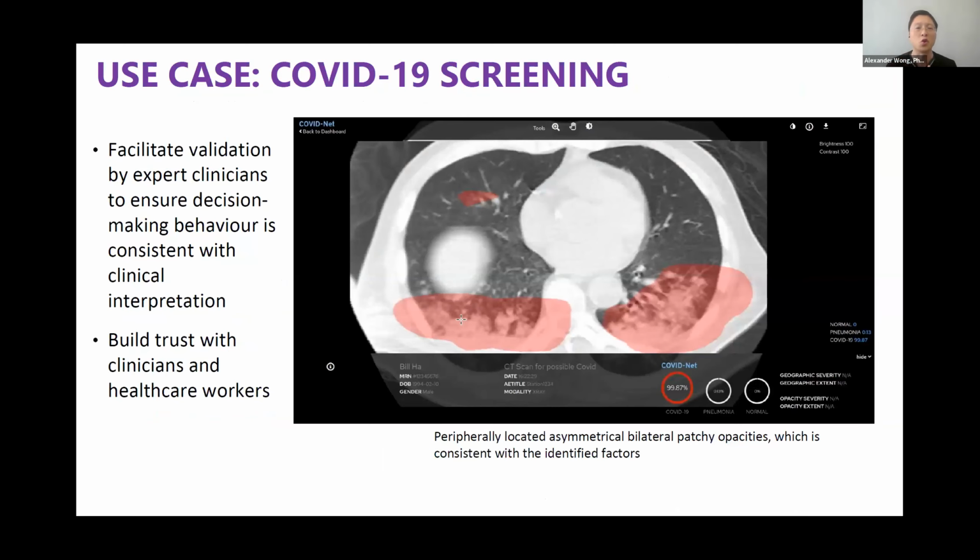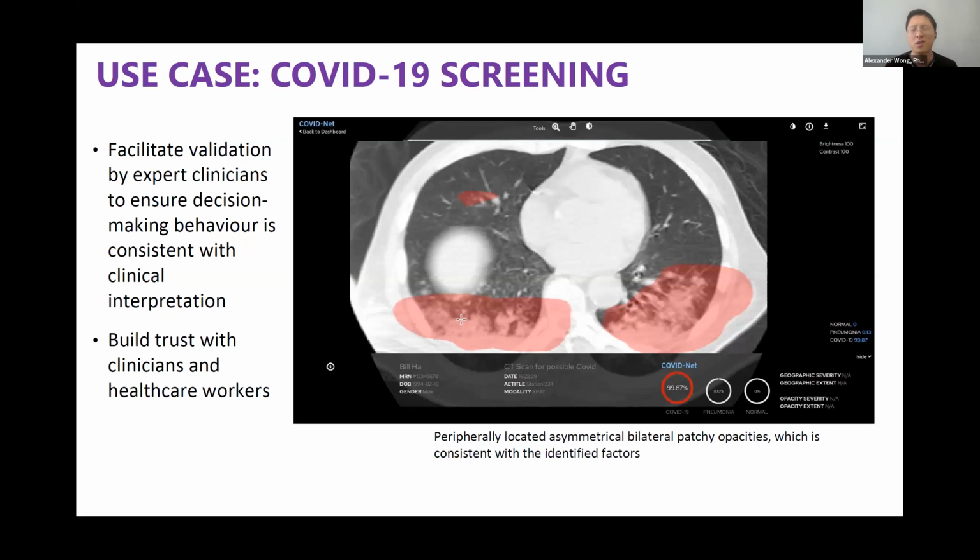We've also applied it to COVID-19 screening. And what we found was that by having explainability directly in the actual user interface, it really allowed for validation by clinical experts to ensure decision-making processes were actually consistent and correct with clinical interpretation. So rather than us as AI scientists just thinking, okay, we know better than clinicians, when we look at the results, it's correct, so therefore it should be ready to use, having an explainability-driven UI allows clinicians to give the right feedback, as well as the right level of trust, so that they're not only comfortable with the AI itself, but comfortable with the interface itself.